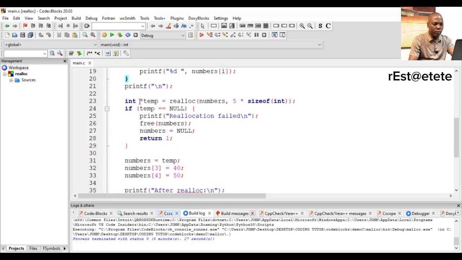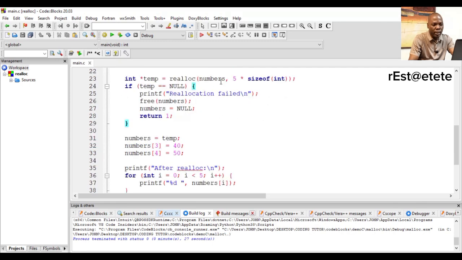Then it will reallocate the memory. So using the temp pointer, I'm going to allocate memory by increasing the memory to 5 elements. So 5 times 4, that will be 20 bytes. Then I'm testing. So if it fails, it means my numbers pointer will still be available. I have to free it and then I assign null to it before I return zero. Before I return false to the screen, I need to print out this reallocation failed. But if it didn't fail, if memory was reallocated, I will now come here, which is this line,